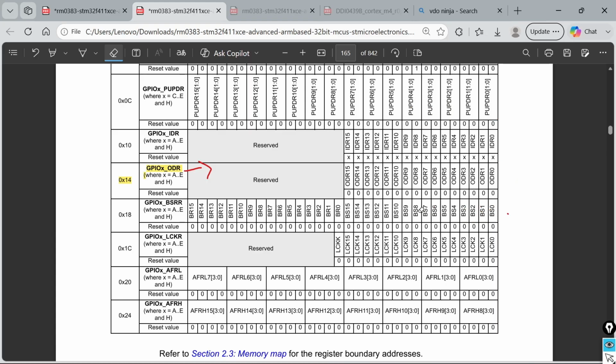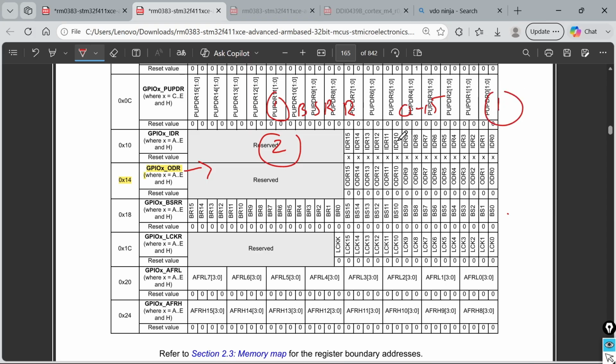That is why we have multiple options. The first option is the bit set reset register, which is the most convenient one. You need to remember that if you write anything from 0 to 15, it will register as 1.